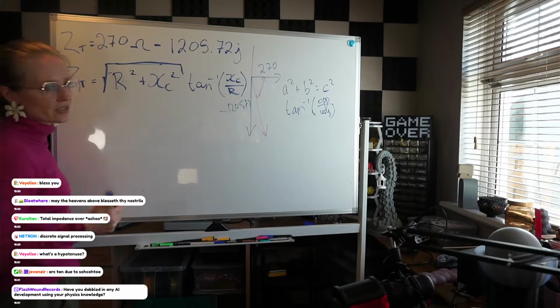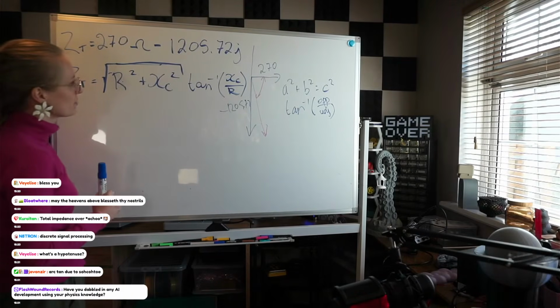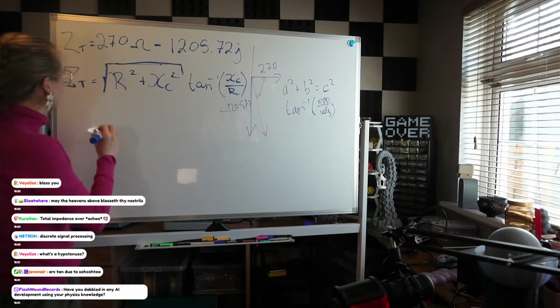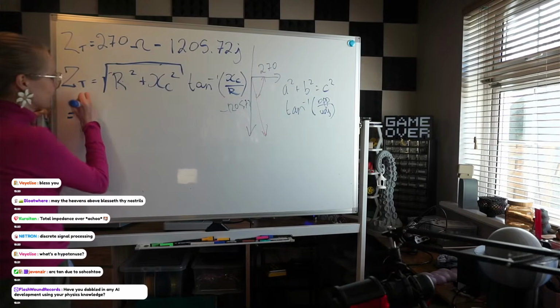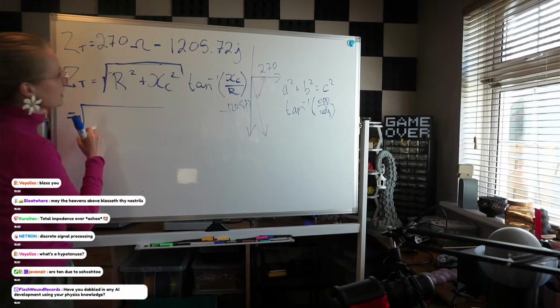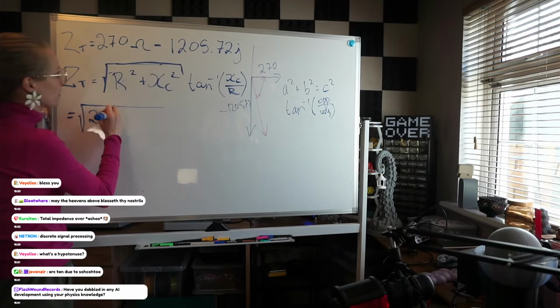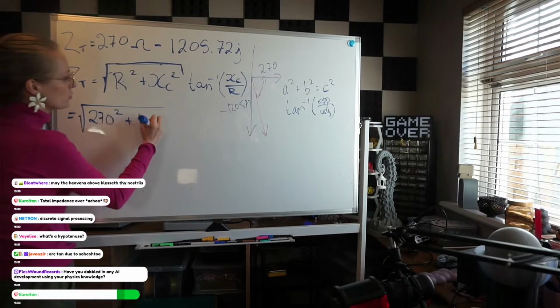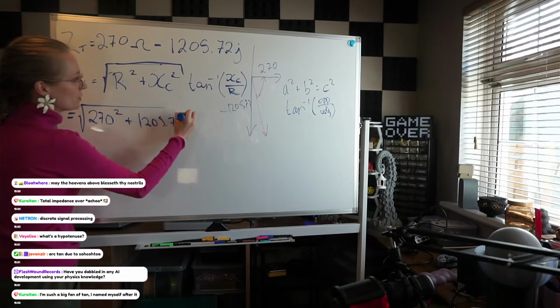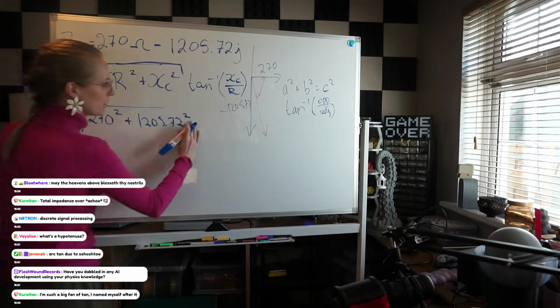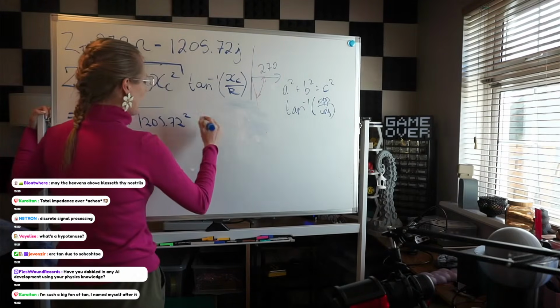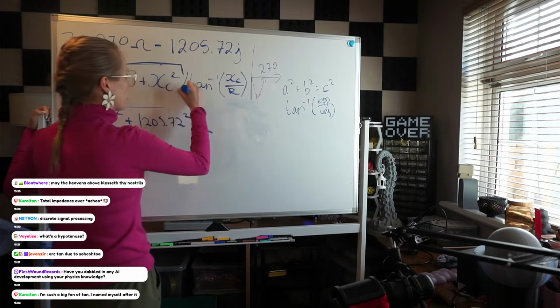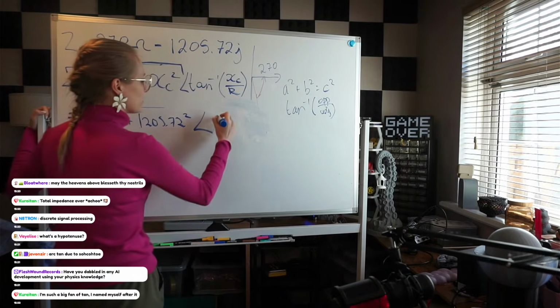Redundant to say the reactance of resistor. Okay, so let's put that all in our calculator. R squared is 270 plus 1205.72 to be squared. And the angle, the symbol for angle, is arctan